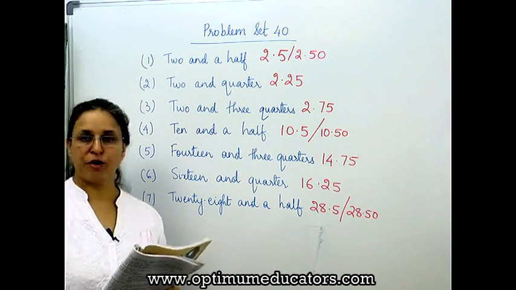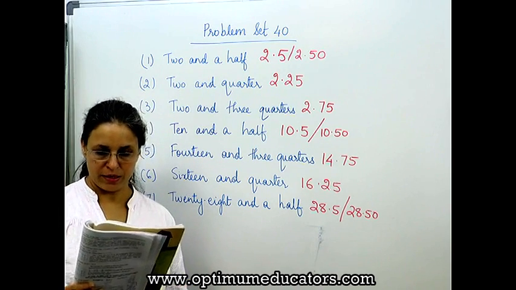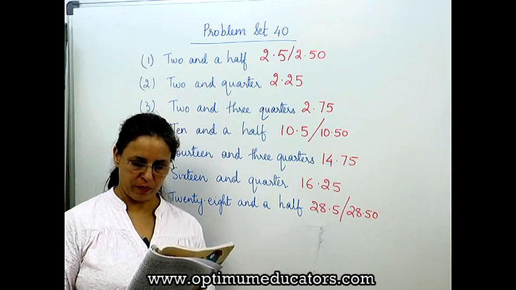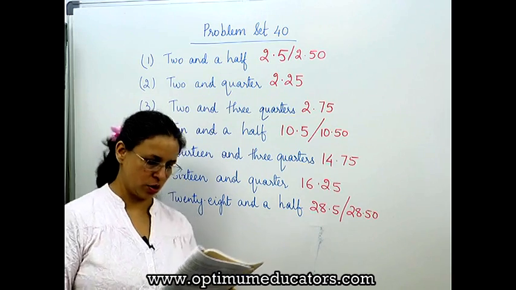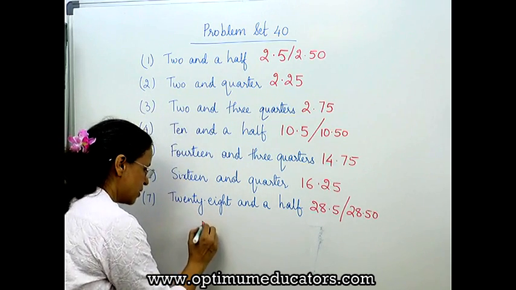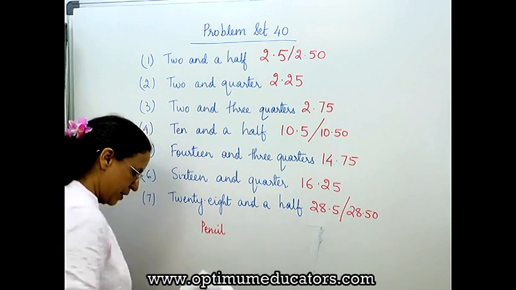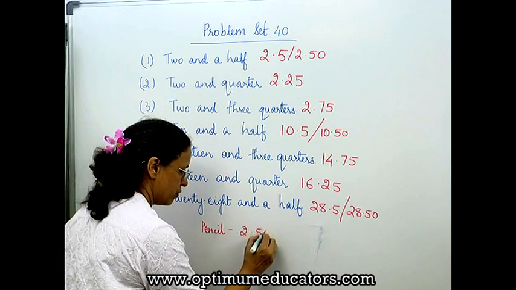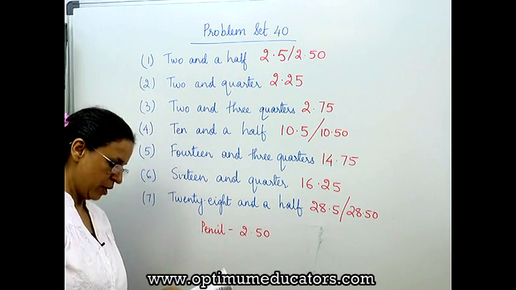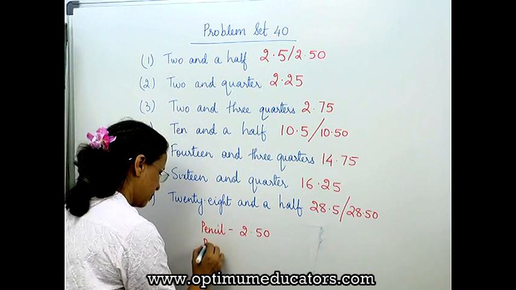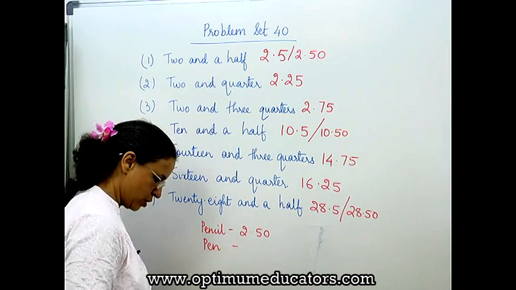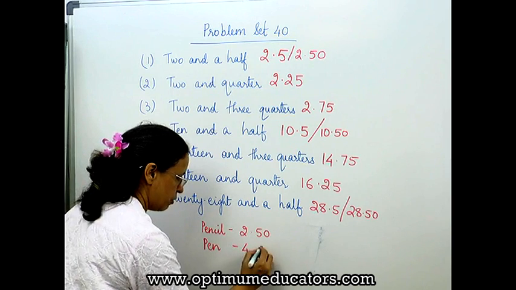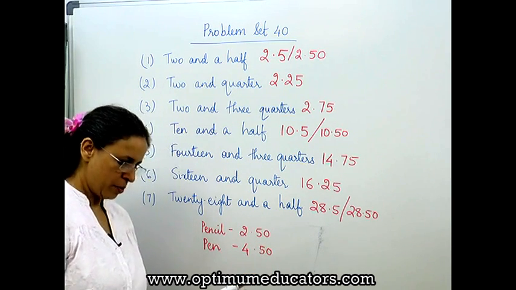Now adding decimal fractions. If the cost of one pencil is 2.5 rupees and the cost of the pen is 4.5 rupees, so how will we write the total cost? Okay. Now how much was the pencil? Pencil की कीमत थी 2.5 rupees. So this was 2.50, okay, or 2.5. And the cost of the pen. How much did the pen cost? It cost us 4.5 rupees. So 4.50. Okay, pen is 4.5 rupees.